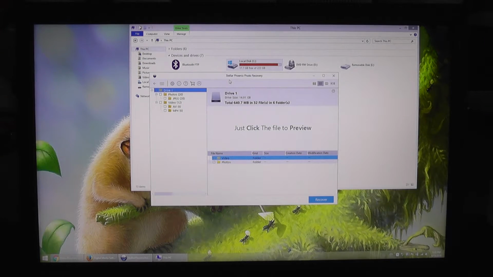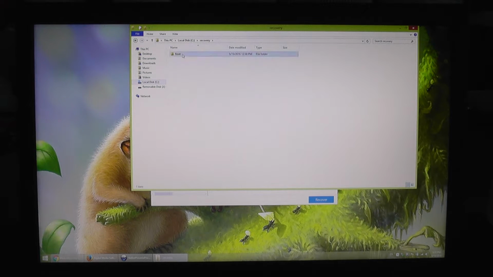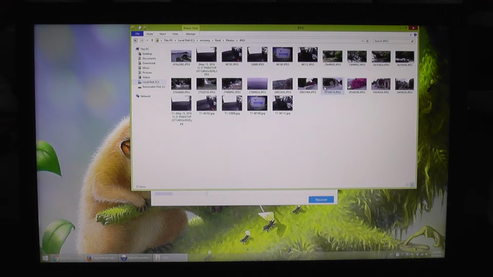The moment of truth has arrived, so the recovery has finished. Let's see what we have here. So we did the recovery folder, here it is, and it has a root which represents the structure of the SD card. So we get photos and videos, and in photos you can see there are a lot more photos